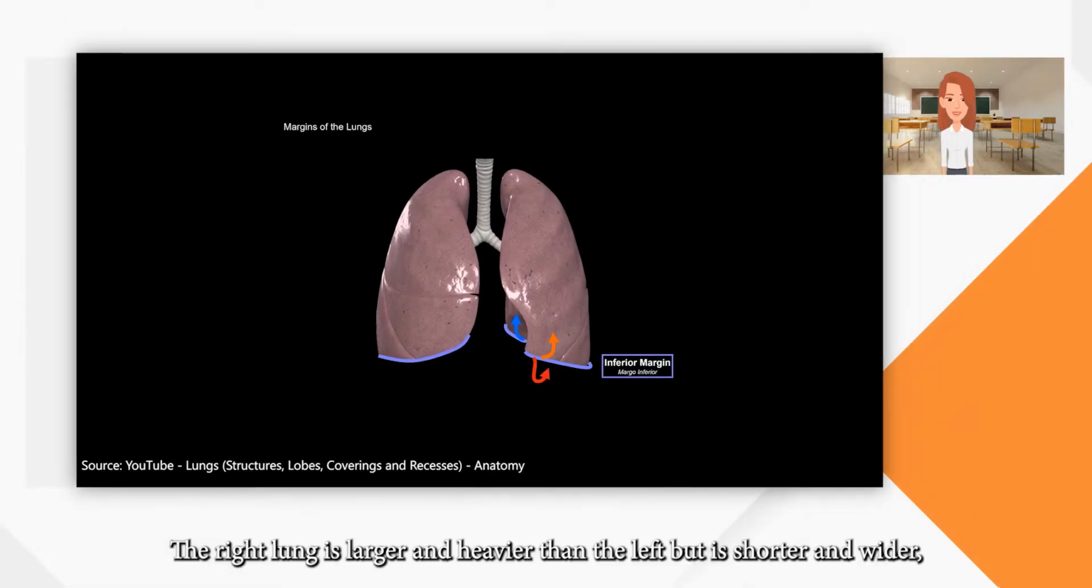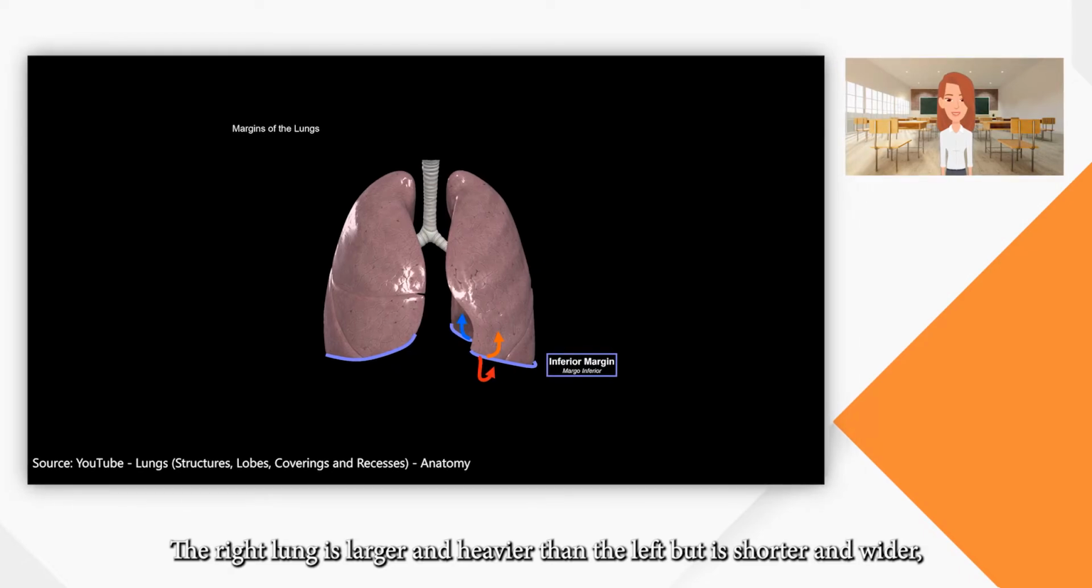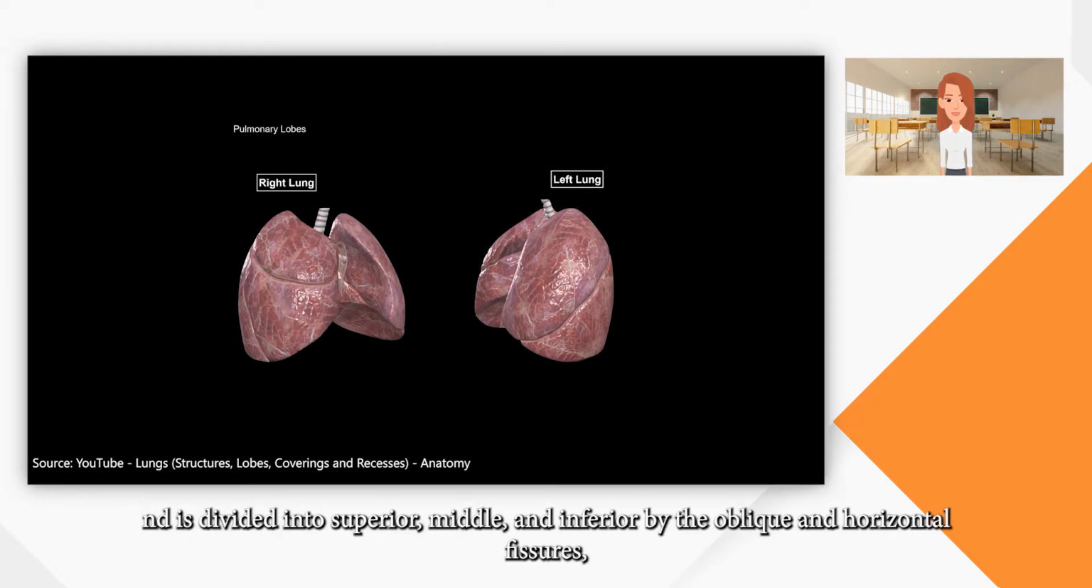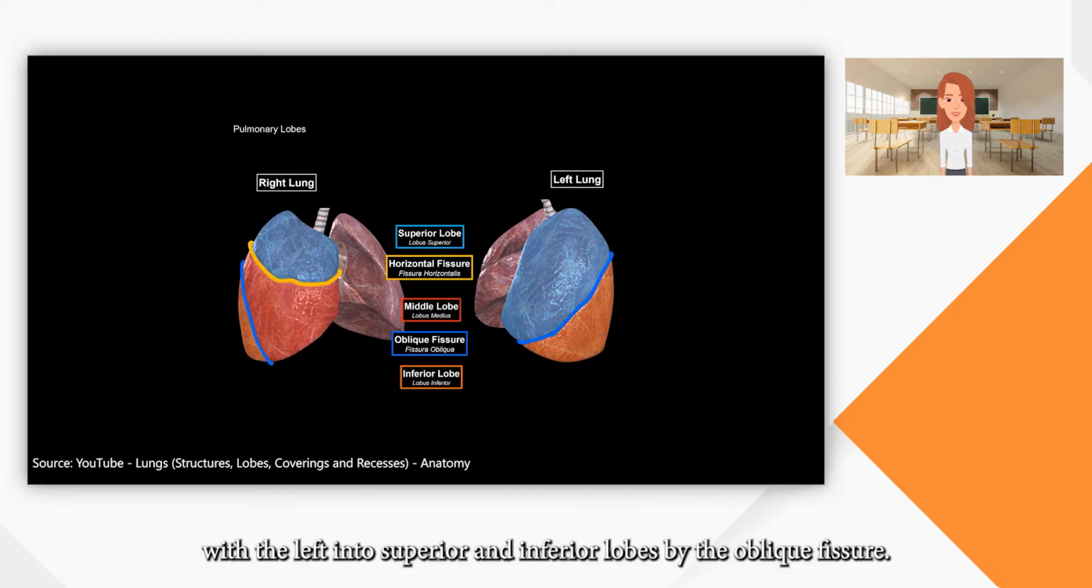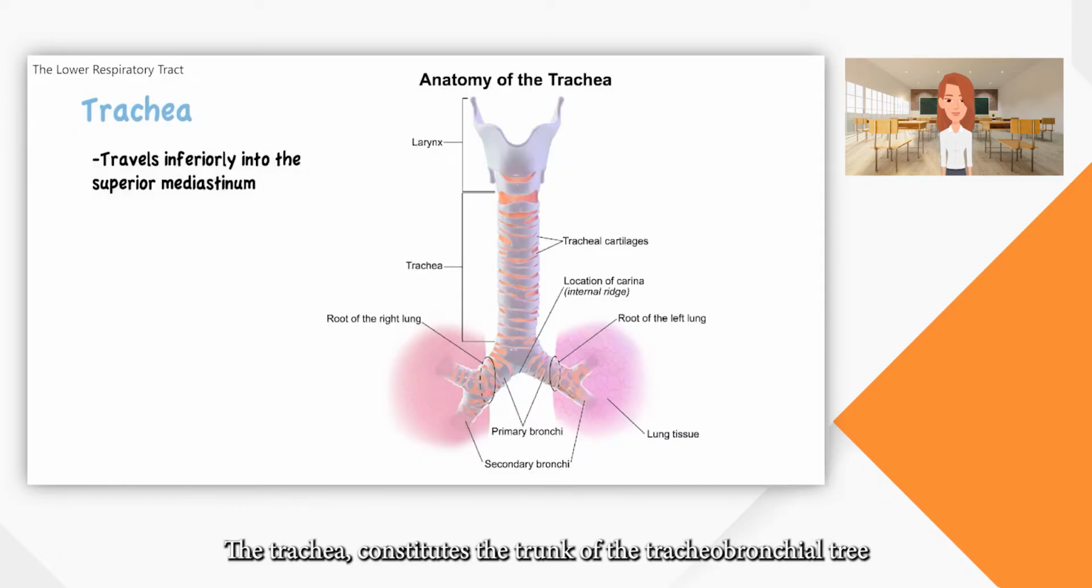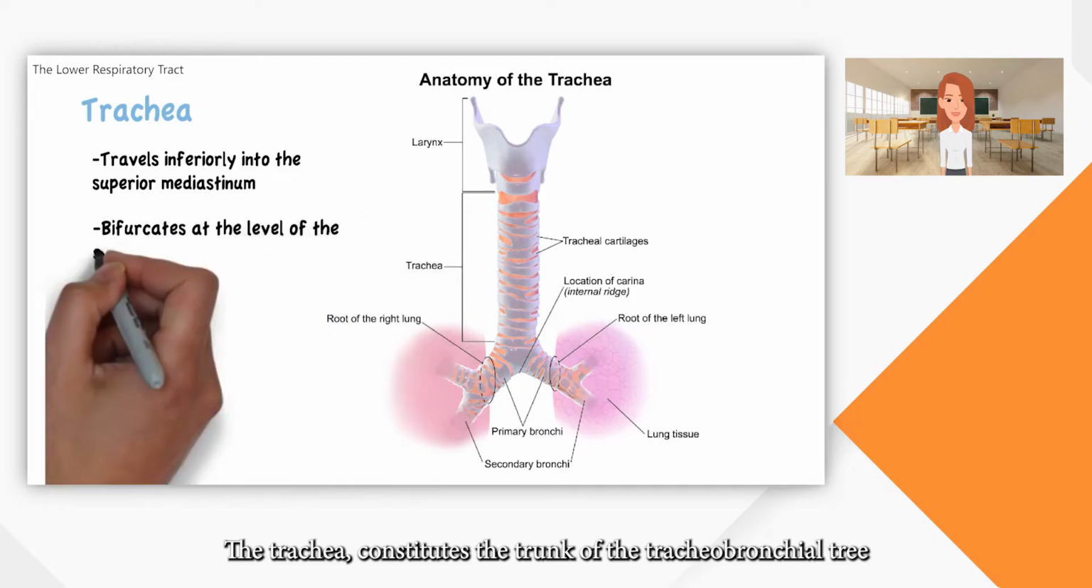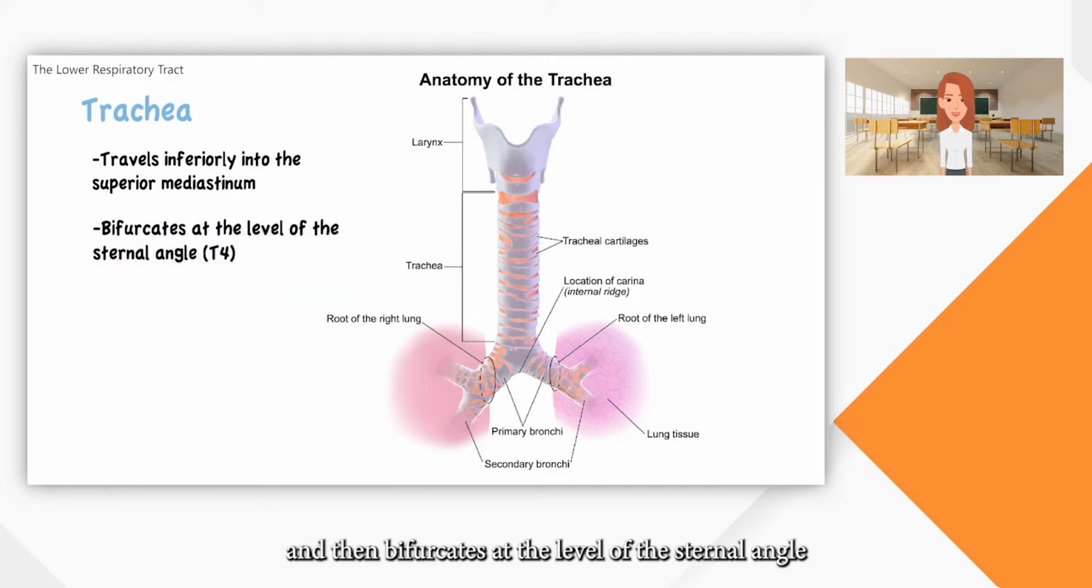The right lung is larger and heavier than the left but is shorter and wider and is divided into superior, middle, and inferior lobes by the oblique and horizontal fissures, with the left into superior and inferior lobes by the oblique fissure. The trachea constitutes the trunk of the tracheobronchial tree and then bifurcates at the level of the sternal angle